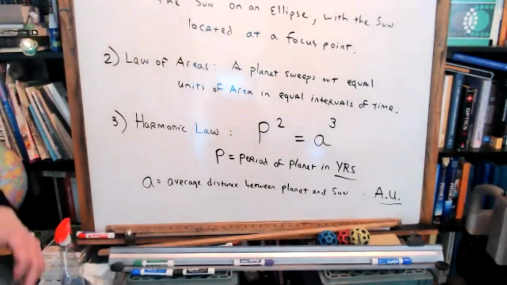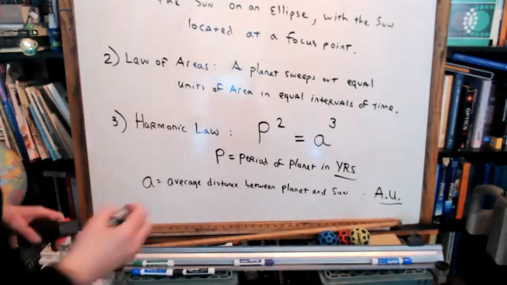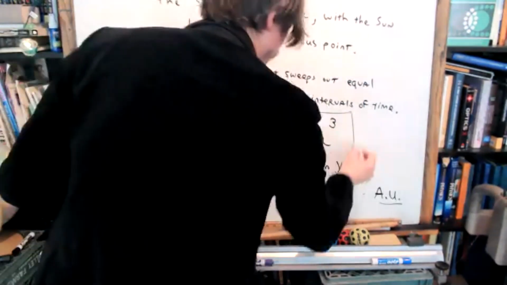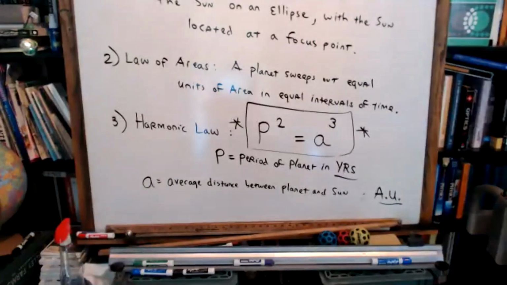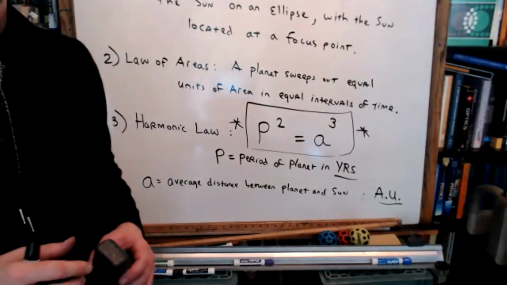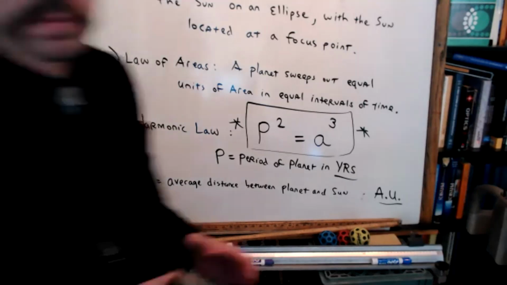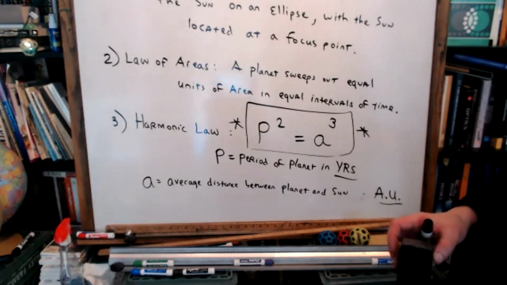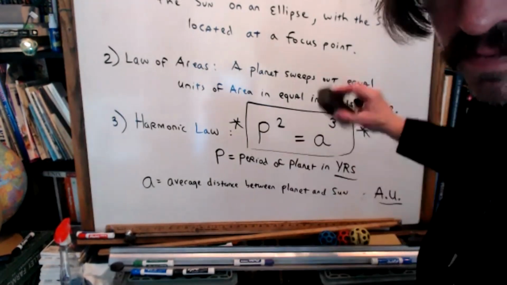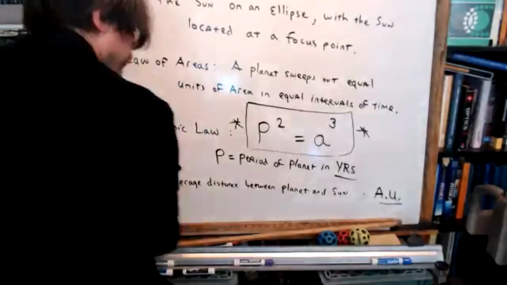We're going to try a sample problem with this so you can see how it works. Very, very important formula. You're going to use this dozens of times on your test. You're going to use it in today's homework. I'm erasing. I expect you to memorize Kepler's laws. Let's just write that all over again and review it.